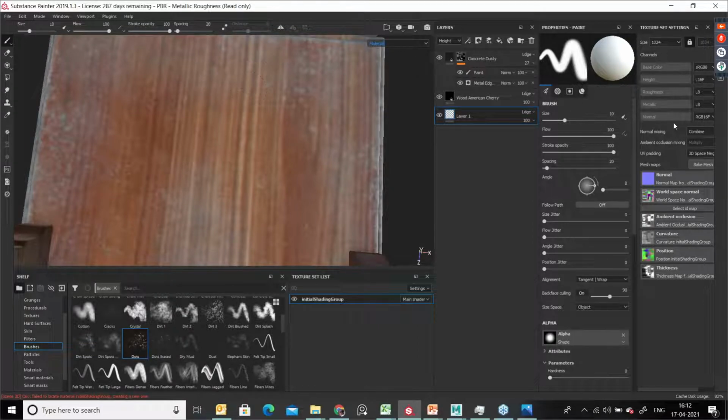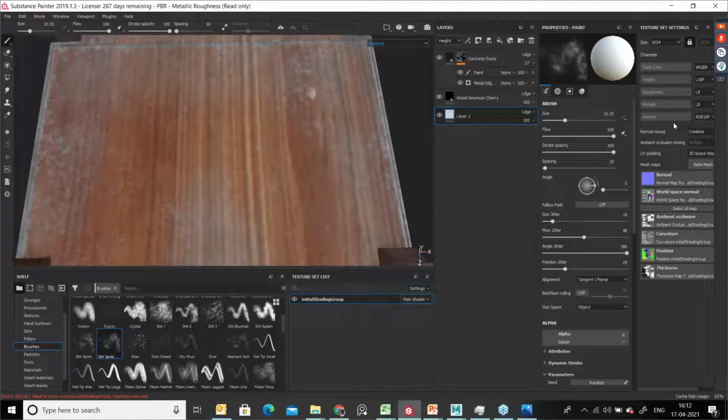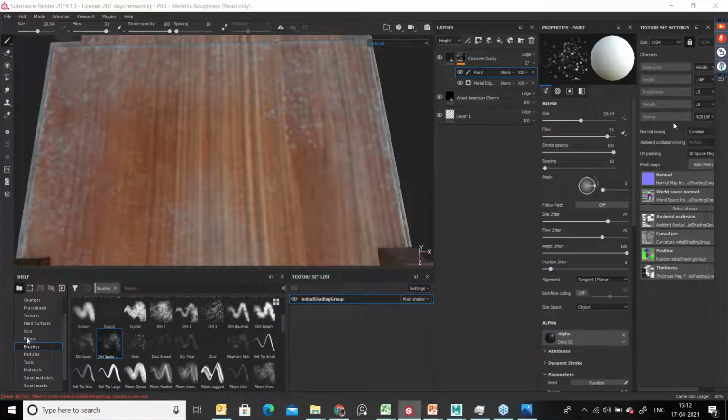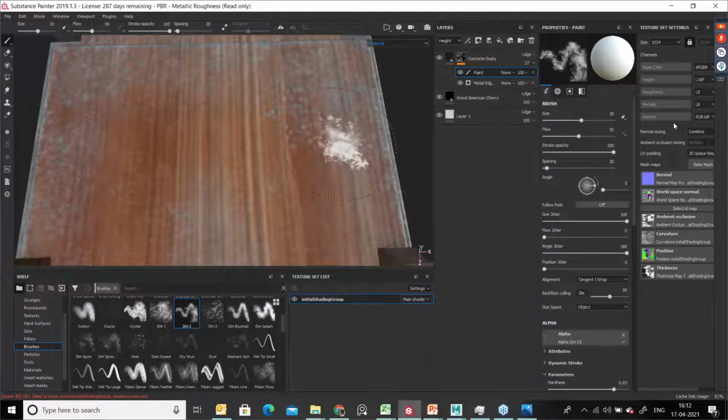Okay. See here. You can just choose this and try to go up here to paint layer and try to apply. And use different variety of brushes to make a nice look and feel. Okay, and reduce the opacity.